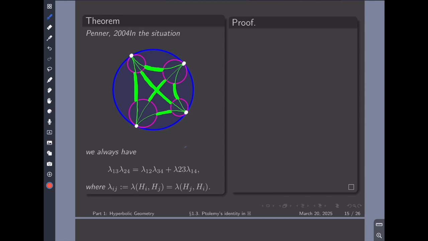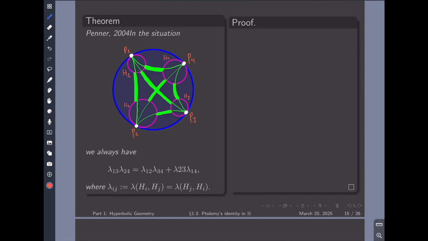So let's say that these horocycles, I'm just going to be careful to denote them H1, H2, H3, H4, in other words, counterclockwise. And then I'm assuming that they are based at points P1, P2, P3, P4 as before,